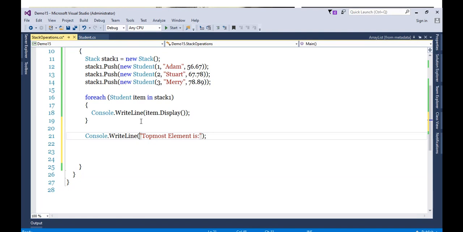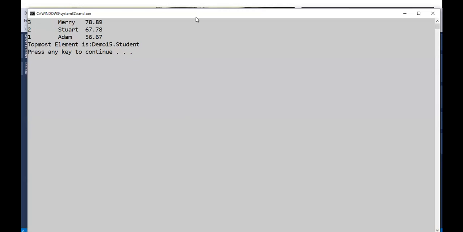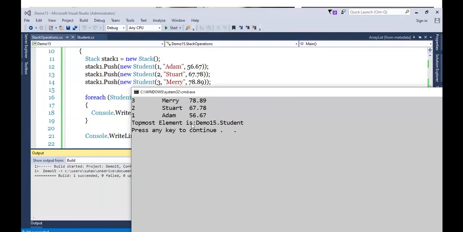We'll directly give that by calling Peek. So stack1.Peek. Peek will return me the topmost element. Let's watch whether it is returning or not. So see, the topmost element is demo15.student.